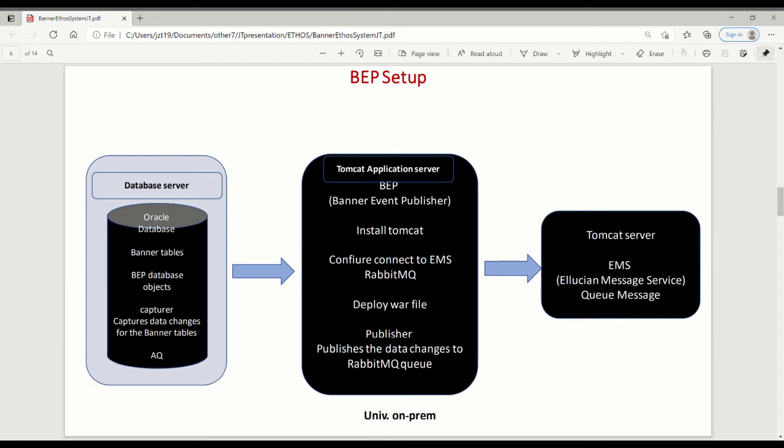So the next one is to go to the EMS. Here's very simple. You install Tomcat. First, you configure: you unzip the file, and then you get RabbitMQ. This can deploy the web. Now configure the connection to EMS. RabbitMQ is here, it is not on the BEP server. I'm going to talk about that later. Deploy the WAR file, which is the BEP WAR file. Okay, when you go to EMS,